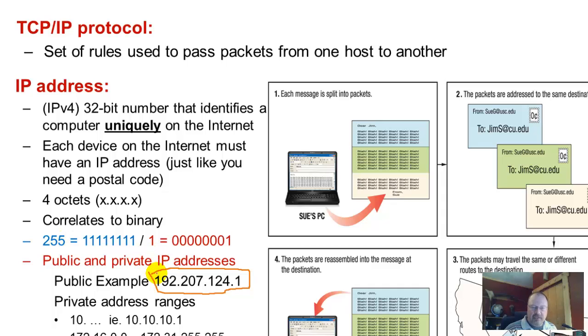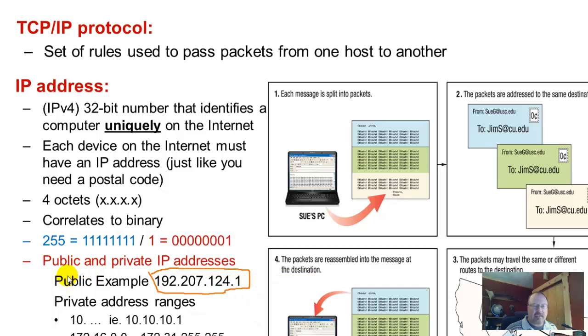So IP addresses are comprised of decimals 0 through 255. And of course, the corresponding binary might look like 1101.001 dot, so on and so on. Okay, now